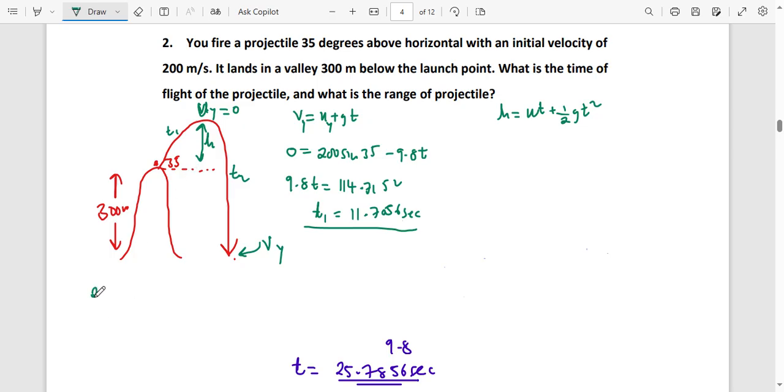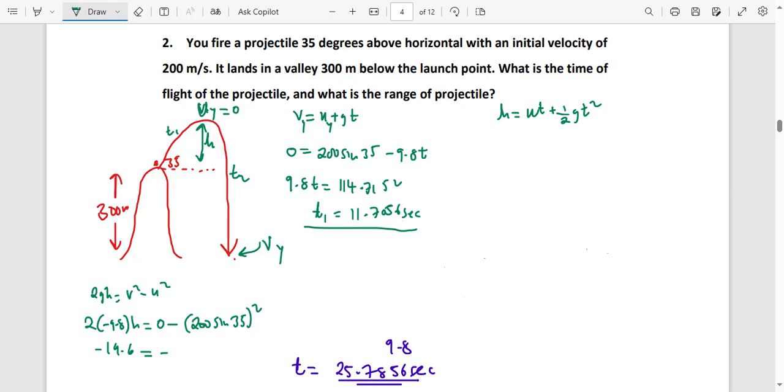I'm going to say 2gh is equal to v squared minus u squared. That will be 2, because we threw the projectile upwards, gravity is going to be negative 9.8, times h, is equal to the final velocity at the top, which is 0. The initial velocity, remember, we're using in the y. I've been calculating the initial velocity in the y for long: that's 114, or you simply say 200 sine 35. You square that. This is a negative 19.6, and that will be equal to